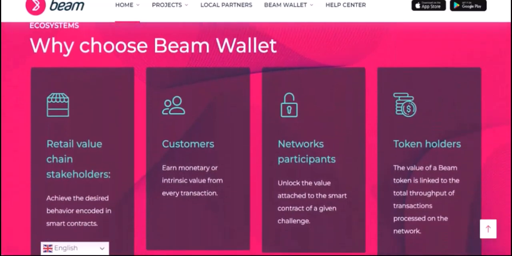So, to answer our initial question, a Beam token is used to facilitate private and secure transactions, power decentralized applications, and protect your financial privacy. With its unique advantages and a growing community, Beam has the potential to become a leading player in the world of